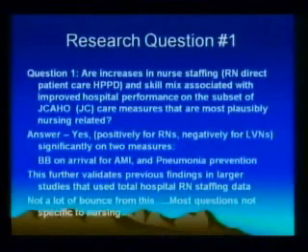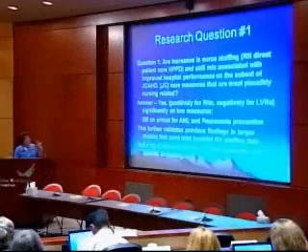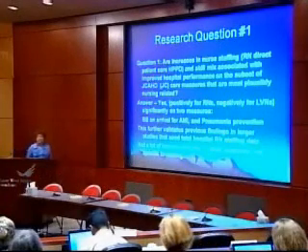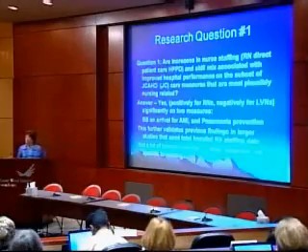So basically, the question is, are there increases in nurse staffing with some JCAHO measures? Yes, but really just beta blocker on arrival. That's really an ED measure anyway. Not sure what that really means. Pneumonia prevention, pneumonia vaccine, those are all very high and almost sort of topped out measures anyway. I'm not quite sure what those mean. So I don't feel like there's a lot of bounce on this. However, other people have seen that nurse staffing is related to overall performance when you look at the huge sets.